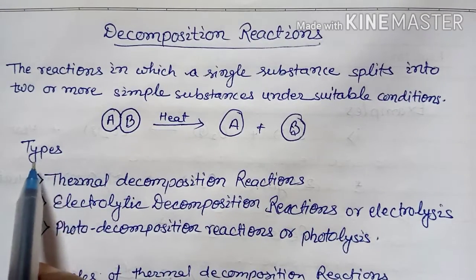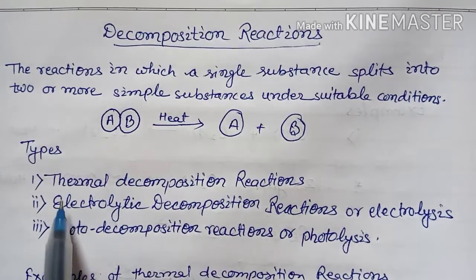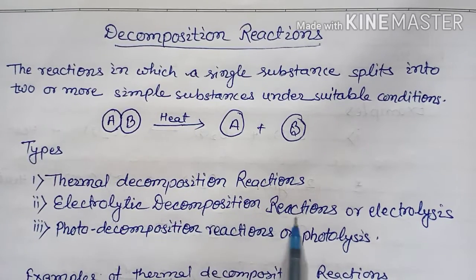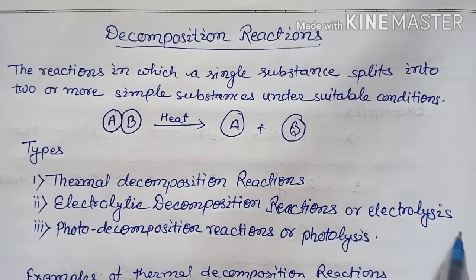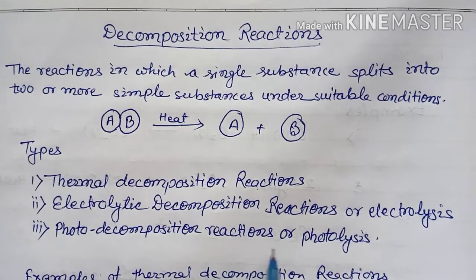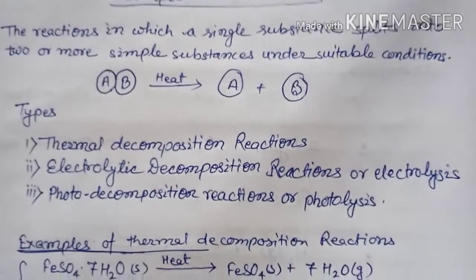Decomposition reactions can also be categorized into 3 types. These are thermal decomposition reactions, electrolytic decomposition reactions or electrolysis, and photodecomposition reactions or photolysis. So now we will take a few examples of